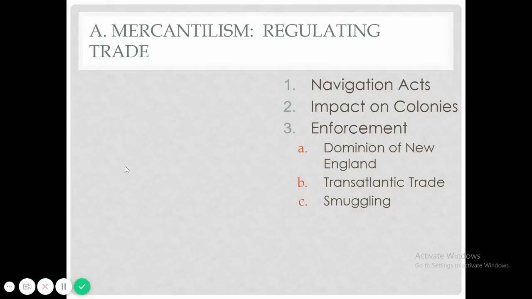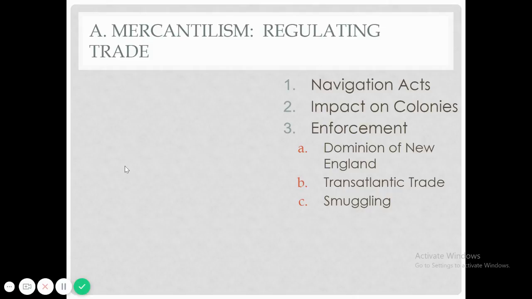If you remember, mercantilism was seen as the basis of a country's economic and political strengths. According to mercantilism, countries would try to regulate trade and production to make sure they become more self-sufficient and more powerful, and colonies would provide raw materials to their parent country for industry and serve as a market for those manufactured goods. Basically, colonies existed for one purpose only, and that is to enrich the parent country.